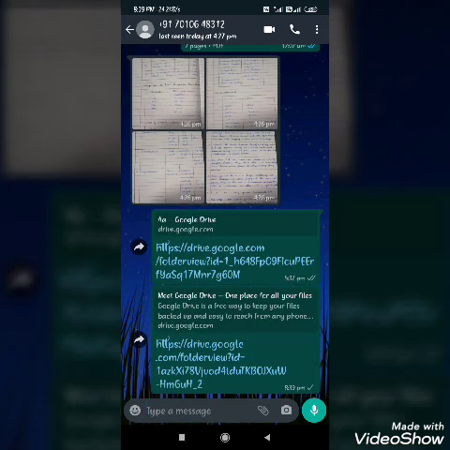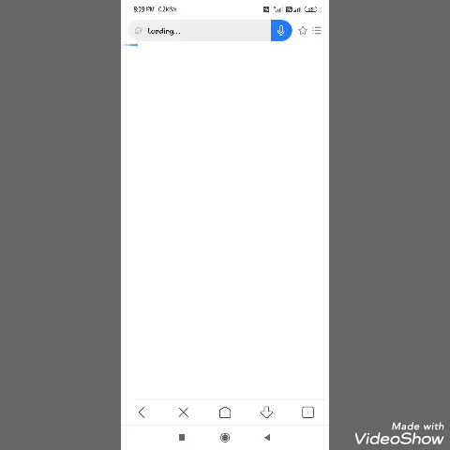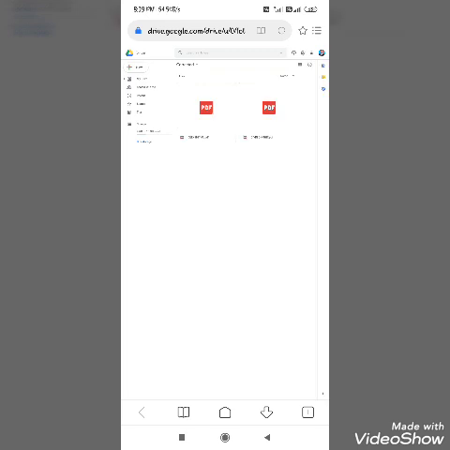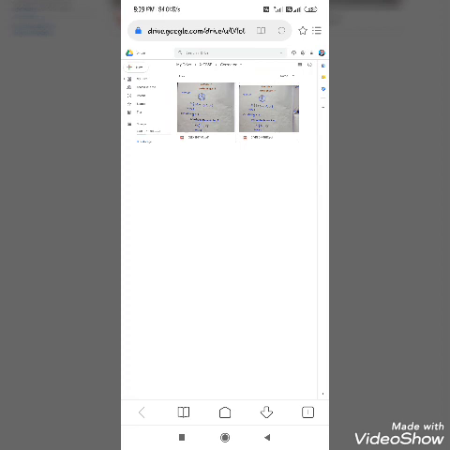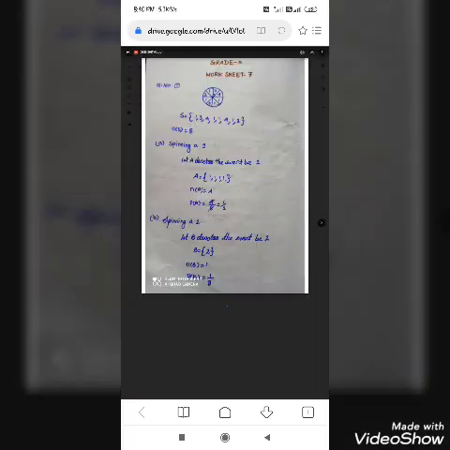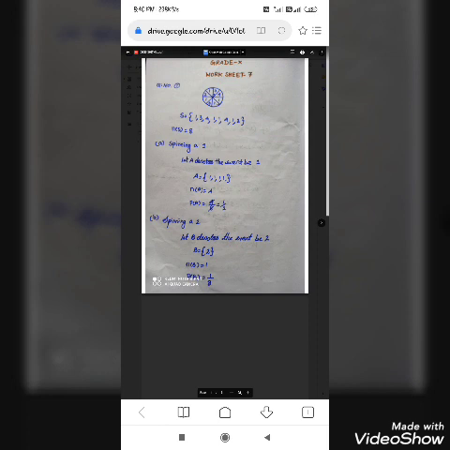Now you have to check by clicking that link. If we click, it opens like this. Now you have to see, name-wise, your corrected paper is there. I have to click, you have to double click it for Dikshita. It's opened as a PDF and it shows your corrected paper with marks. After checking it,